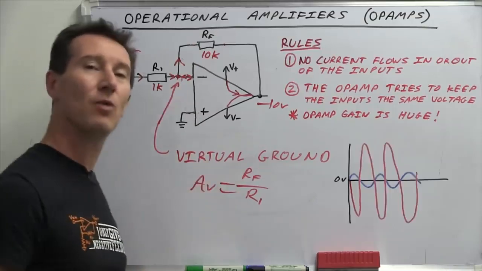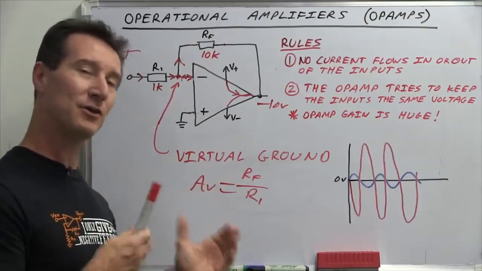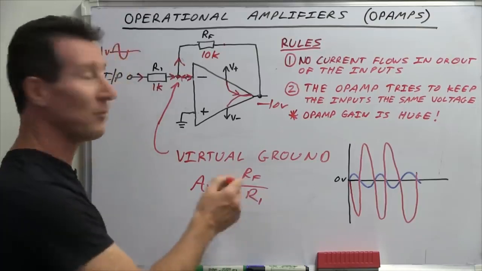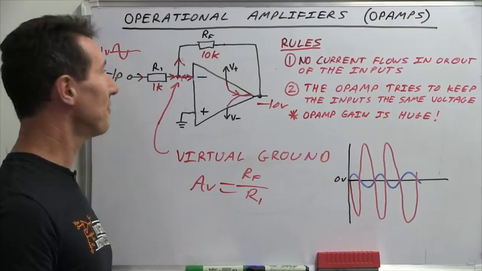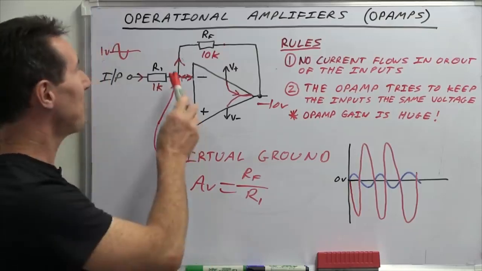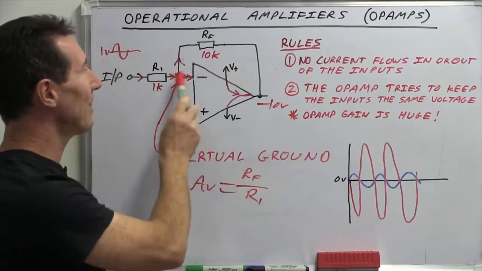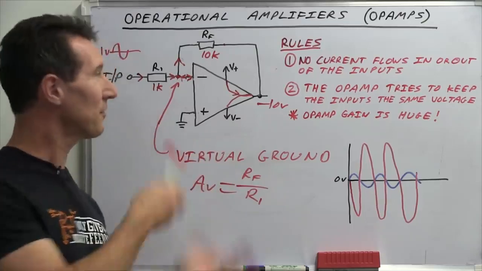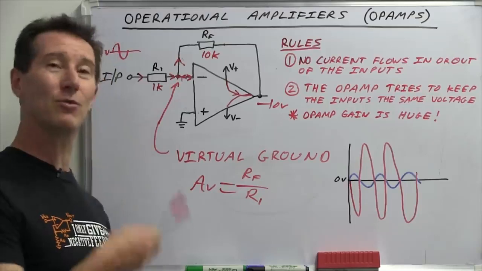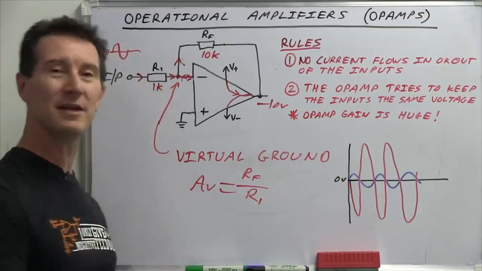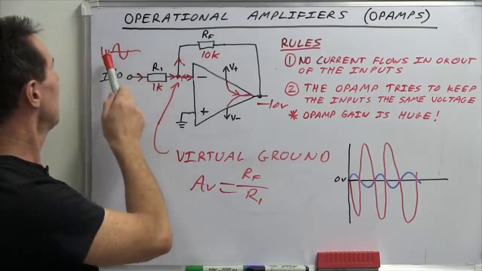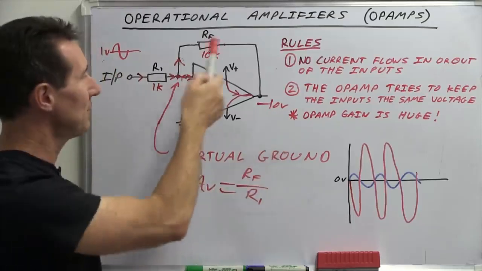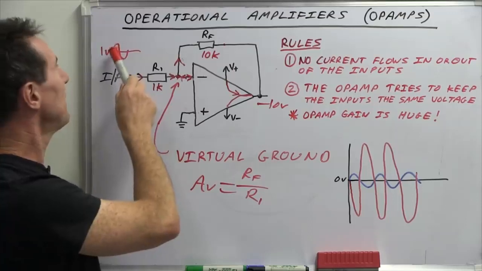So functionality-wise, it's pretty much exactly like the non-inverting amplifier, except it inverts, and that's it. And the gain formula is slightly different. But apart from that, it works exactly the same, but that magic virtual ground is at play in this configuration. And of course, as with op-amps, they're DC coupled, so it works with DC signals. You can just feed in a fixed DC voltage. As I said, 1 volt DC in would give minus 10 volts out, in this case with these value resistors. Or we can feed in a 1 volt